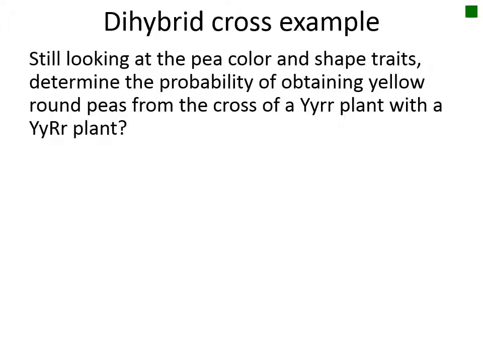It is also important to realize you do not always need to complete all branches of the forked line method, depending on what the question asks. In this example, it is only asking for the probability of one phenotype, so that's the only branch we need to worry about calculating. To complete the cross using probability calculations, we will look at the two traits as separate